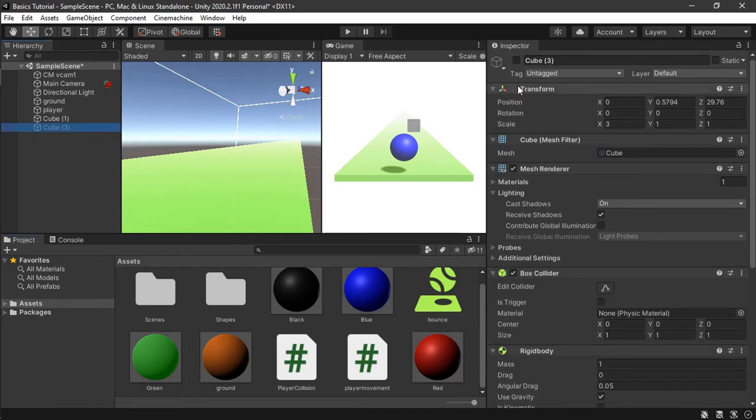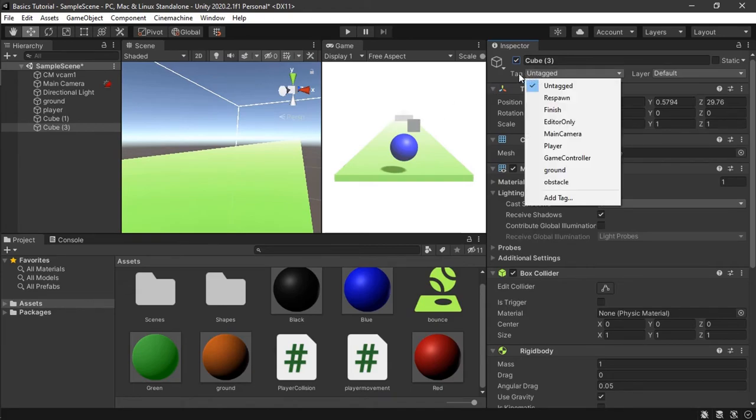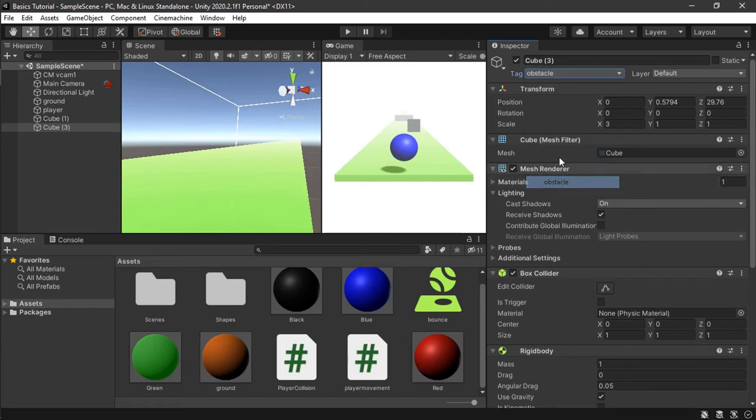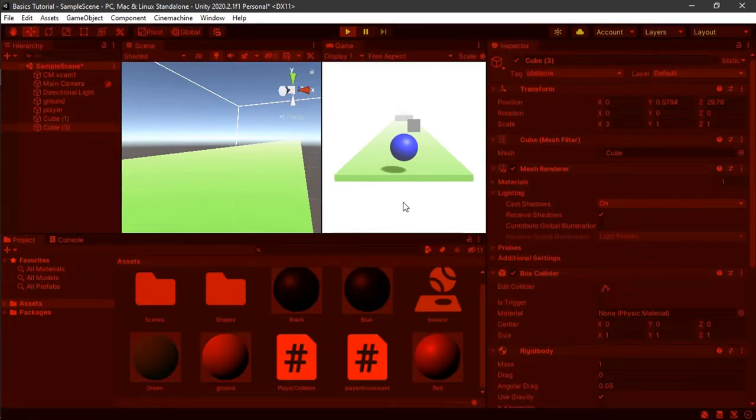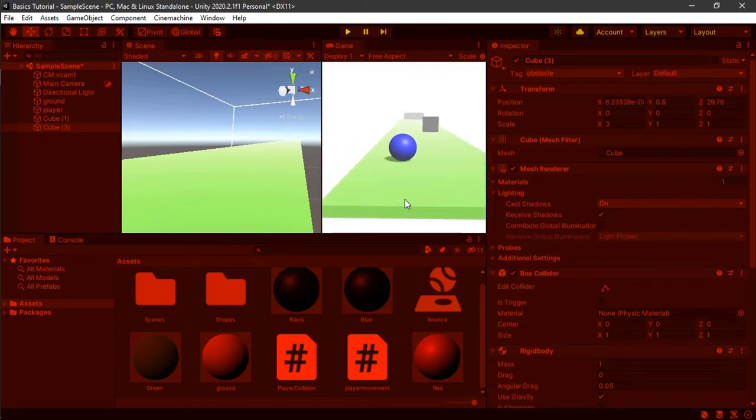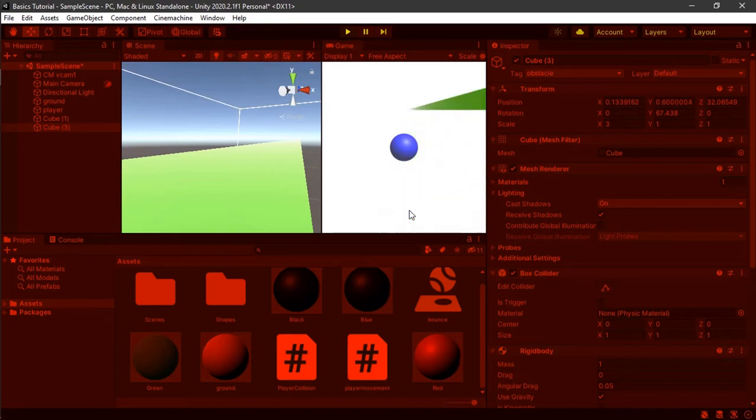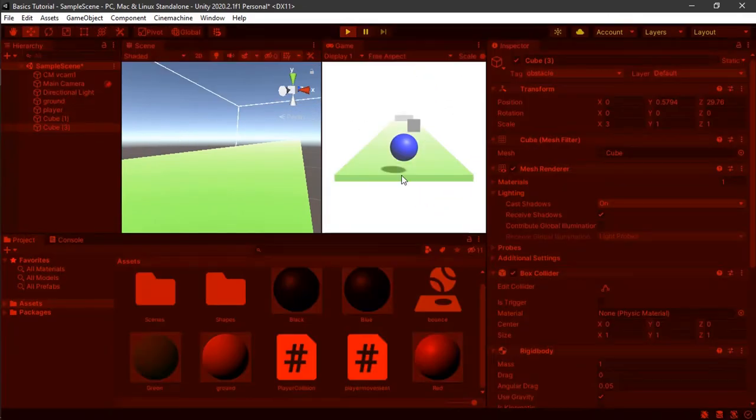So let's add more obstacles and see if that's working. We have turned on the other cube, as you can see here, and we're going to add the tag. Never forget to add the tag and name it obstacle. So now if I hit that one too, I won't be able to move anymore. Let's test that out. If I hit, I can't move anymore, and worst case, I even fell. If you notice, when we fall,